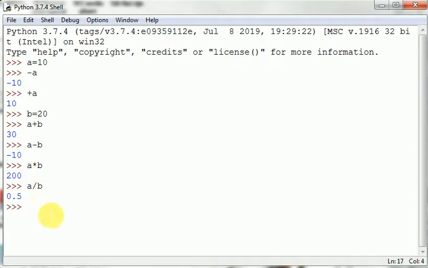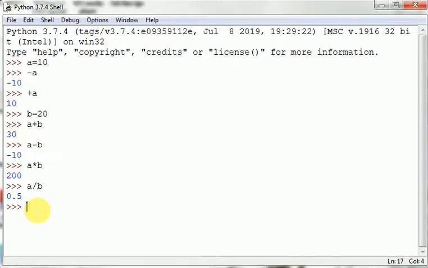Okay, so these are the arithmetic operators. When any operator requires two operands, that means it's a binary operator, and if it's working on only one operand, that's a unary operator. Okay,